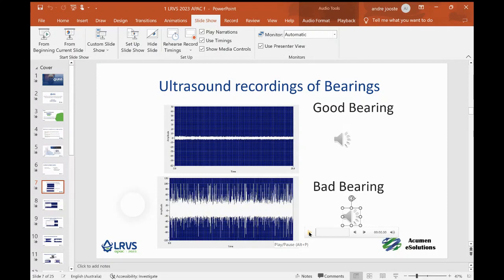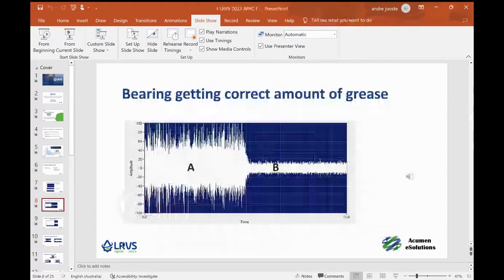And this is what a bearing sounds like that's in a bad condition. So in this bearing, there's quite a lot of friction and damage on the inside. From an ultrasound point of view, it is really easy to work out and see what's going on in bearings. This particular slide that I'd like to show you says in this slide we